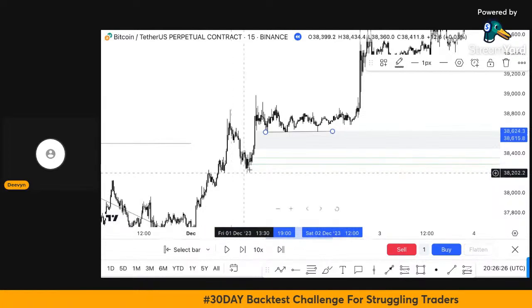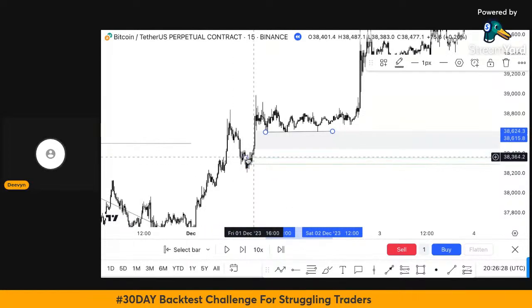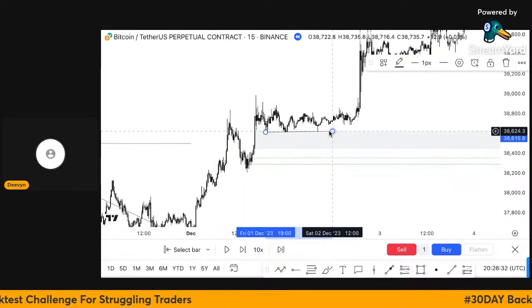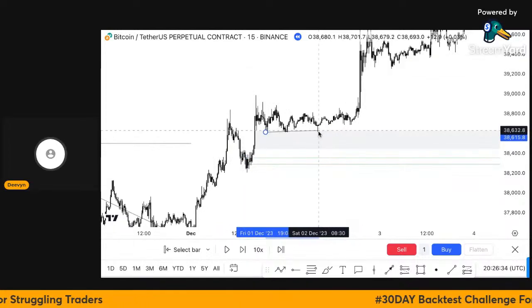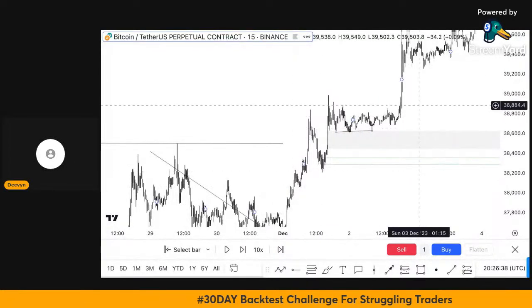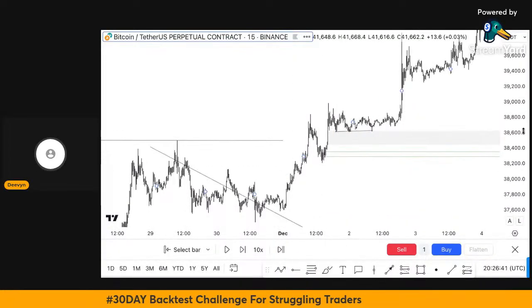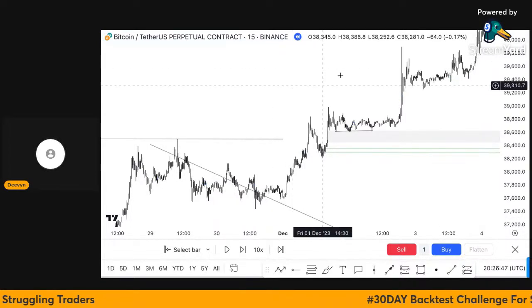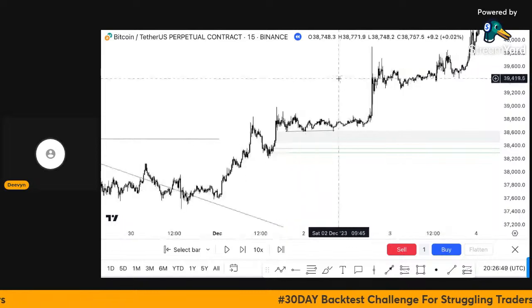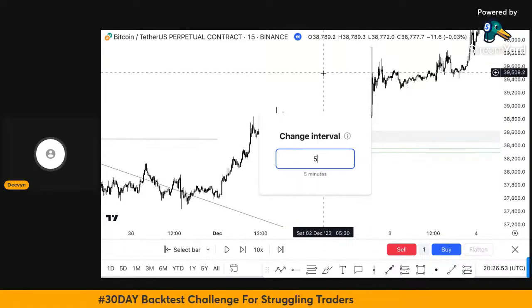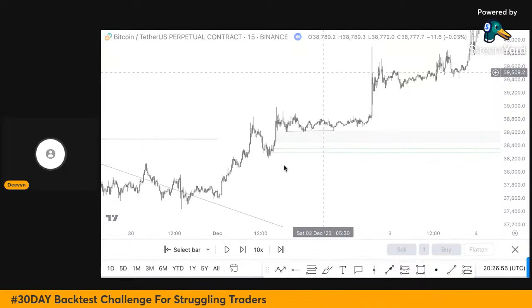This move has given us this little move here, and breaking above it again presents us with a little pool of liquidity. One other thing I noticed while studying this was that it gave me the vibe of a cup and handle pattern. I don't know why. I'll share that zoomed out later on once I am done with the drill we are looking at. Now moving on to the 5 minute time frame, we can see that,